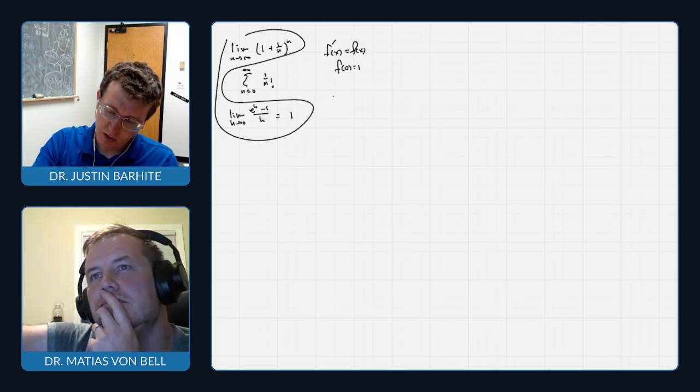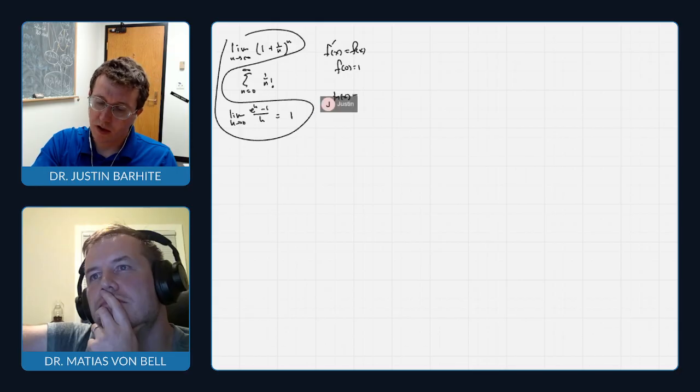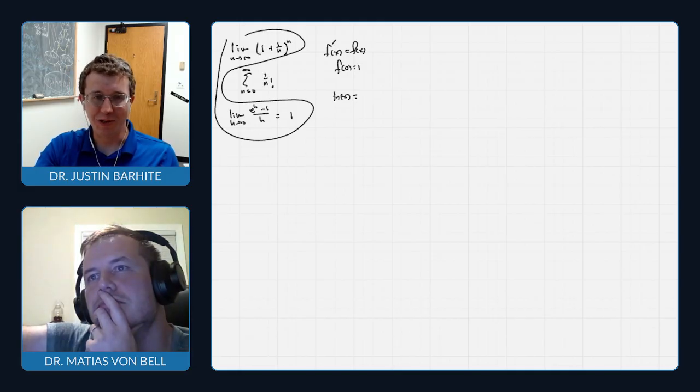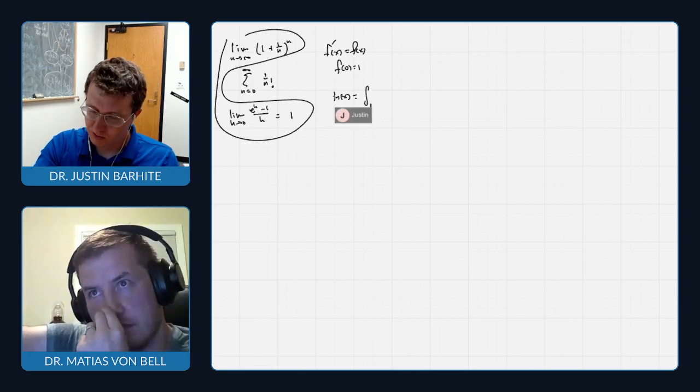Or, e to the x is also the inverse function of ln of x. Now, normally you think of ln of x as the inverse function of e to the x, so how does this give you a new way to define e to the x? Well, you can